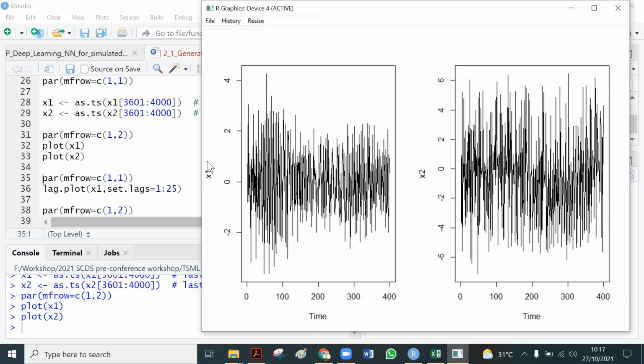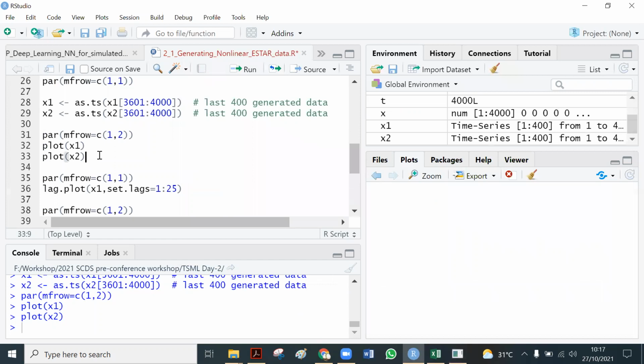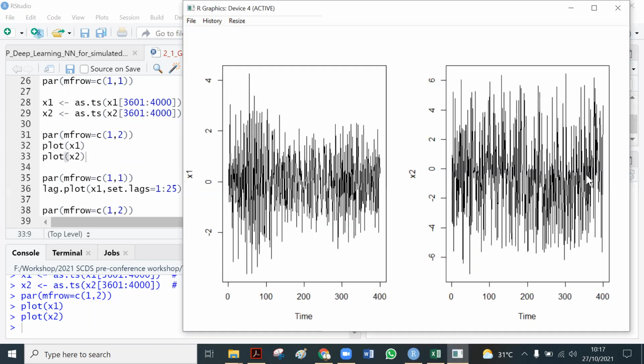Can you easily differentiate which one is linear and which one is non-linear if we do not know the process of how it is generated? Let's say I give you two time series plots like this and I ask you, please show me which one is linear and which one is non-linear.